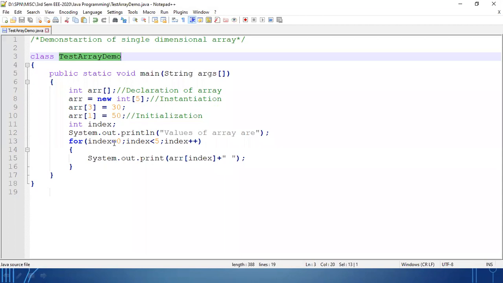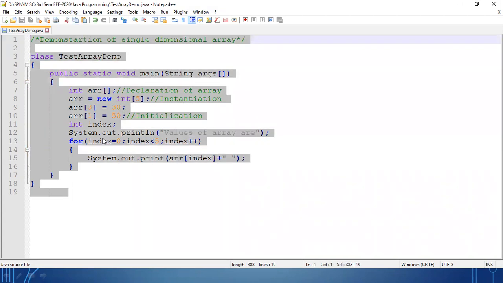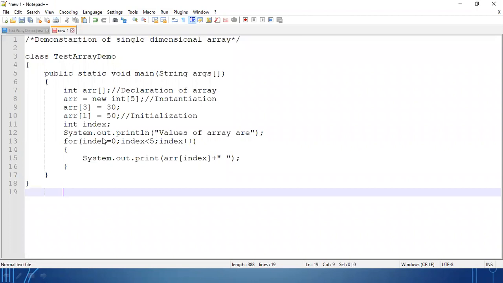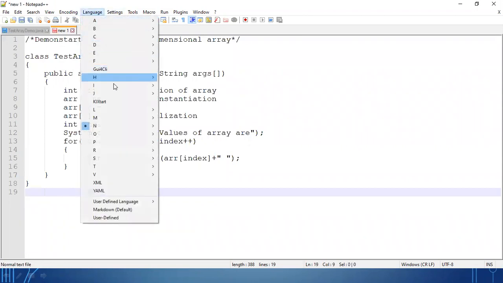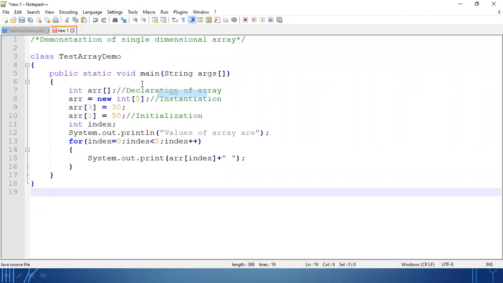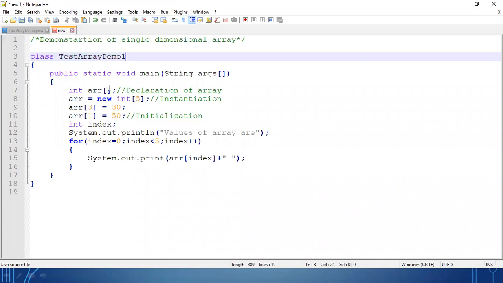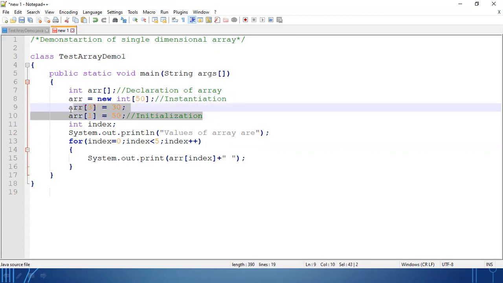Okay. But if you want to initialize the array by the user's choice, clear, what you need to do, let's create another file. So TestArrayDemo1. Okay. So here suppose I am writing 50. Okay. Now I don't want to initialize like this.